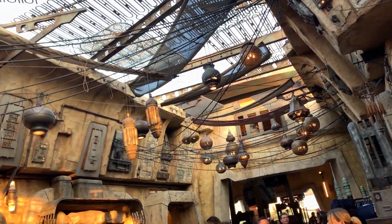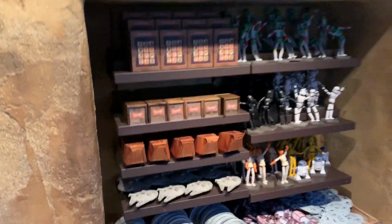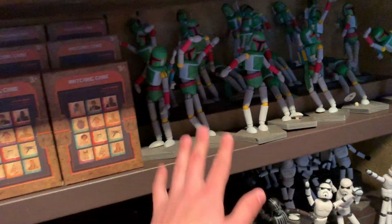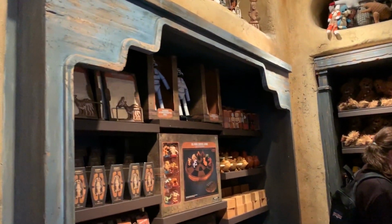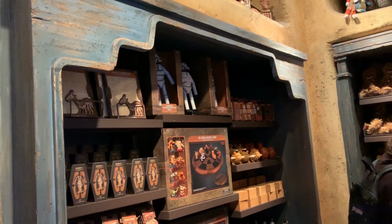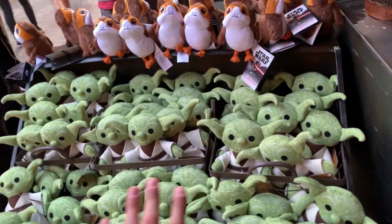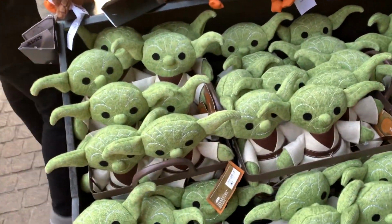So we've come into the Toydorian Toy Maker. They have a lot of the old merchandise that was here during last year. And of course, some of these guys are dabbing as usual. But besides Dedrick back in, which I will actually have a video detailing that set of holochests in the near future. But besides that, you can see Baby Yoda is taking over Galaxy's Edge as well. And all of these are